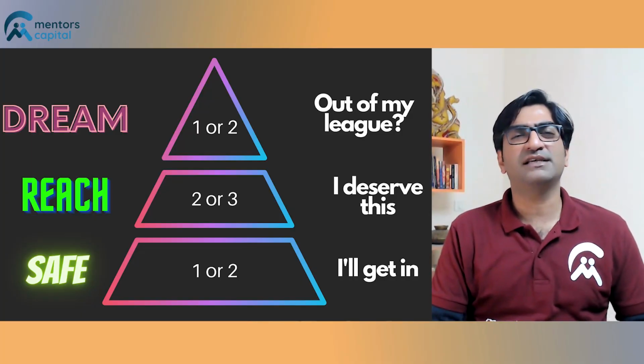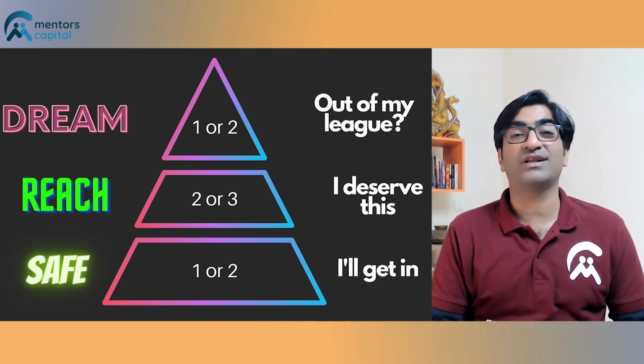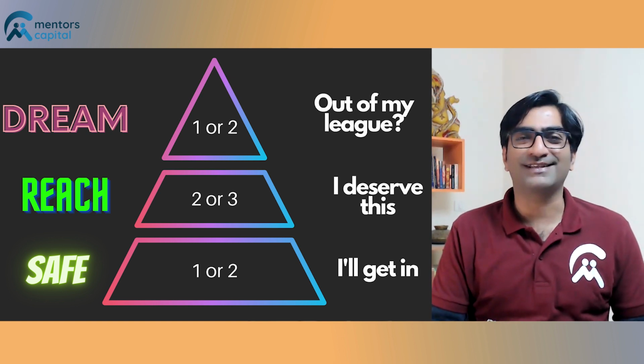Now, the smart way of avoiding this scenario is to actually apply in three different tiers, right? Now, at the very top of this kind of pyramid that you can imagine is the list of dream or ambitious universities, right? The ones that you feel your profile would not really justify an admission, but you still want to take a chance at some of these Ivy League or other top ranked universities. So put them as your dream universities.